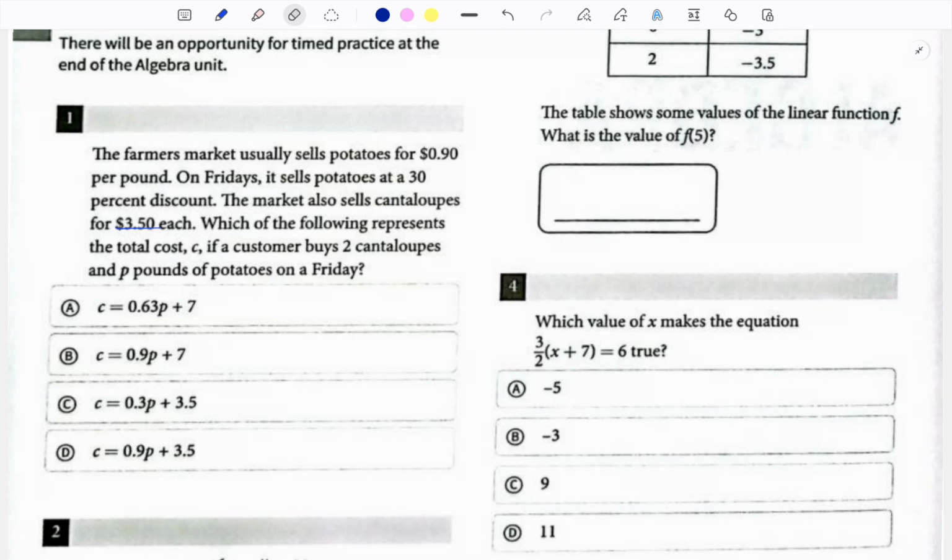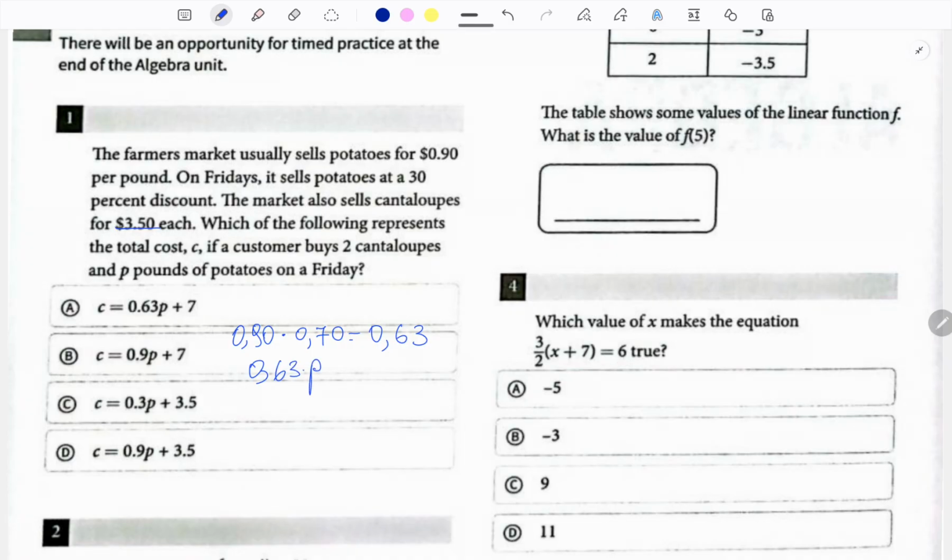That's why if a customer buys the potatoes on Fridays, this person will pay 70% of the casual cost. So it will be equivalent to the 70% of the number 3.90. It's also equivalent to 3.90 times 0.7, and that's equal to 2.73. So if a customer buy p pounds of the potatoes, then the price of the p pounds of the potatoes will be equivalent to